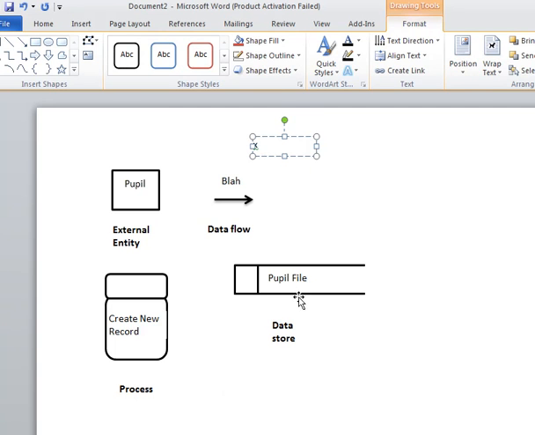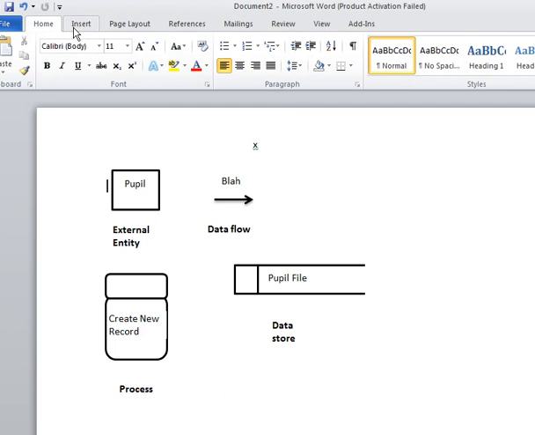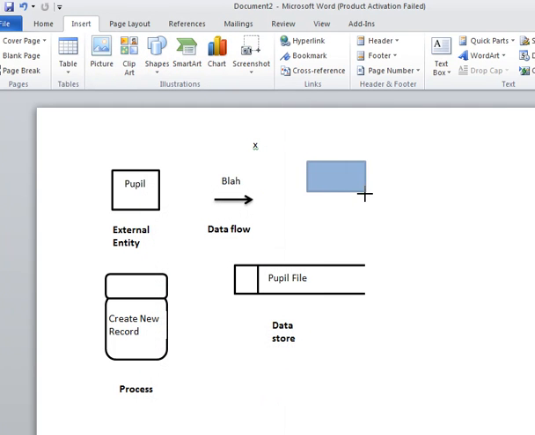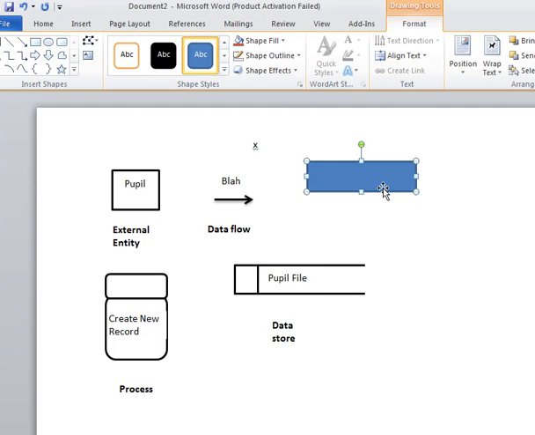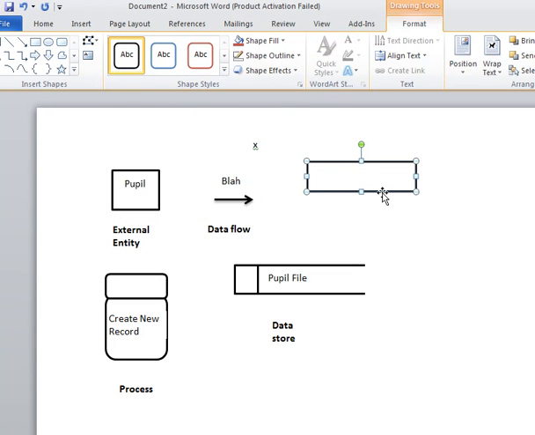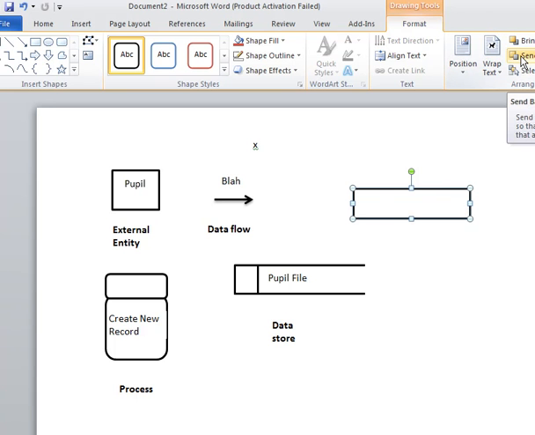The next thing I want to do, the data store, is a bit tricky. What I'll create is a rectangle, insert rectangle about that size, and I've got black outlines. I'm going to create a second one. I copy and paste, so I put one rectangle on top of the other and drag it out. So I'm just going to send this backwards one, so I've got one on top of